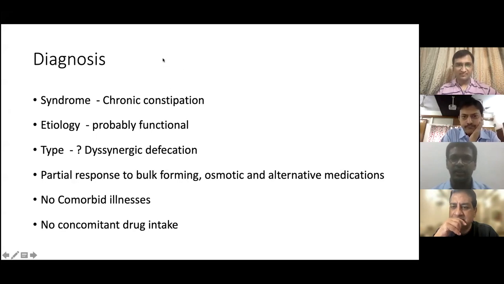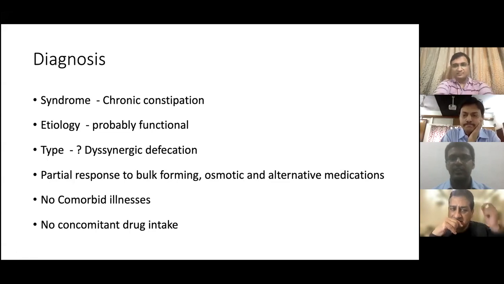We look at the stool frequency. This patient had a stool frequency of passing only once in 5 to 7 days. Less than 3 per week is generally taken as constipation. The second factor is the Bristol stool form scale. In Indians, up to 3 is taken as constipation, whereas in the Western literature, up to 2 is taken as constipation. And there are other associated symptoms which can further classify it, like urge and